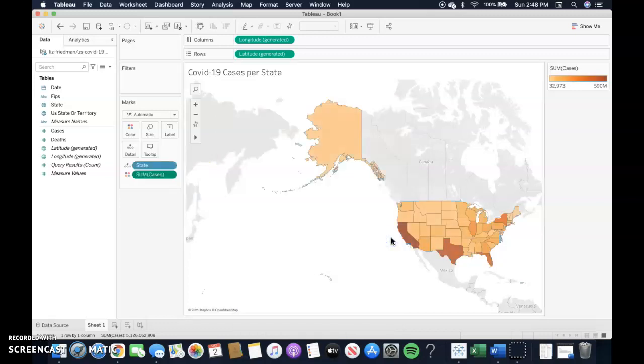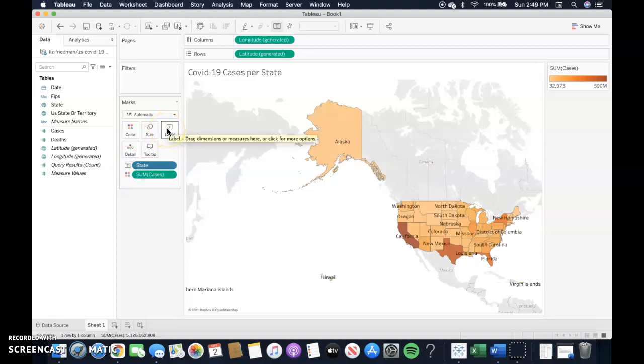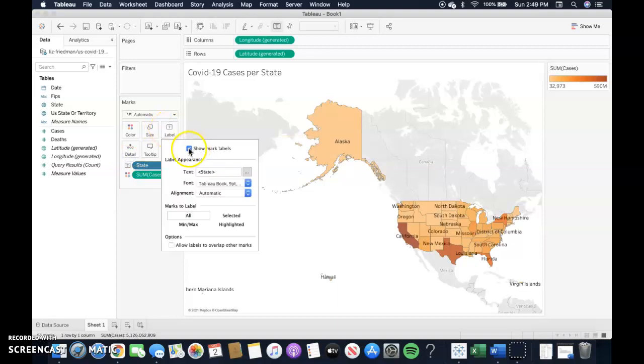So I want to look at the top 5 states for cases. So I want to label them. So here I'm going to do label, but I don't want all of them. I just want the top 5. So I'm going to